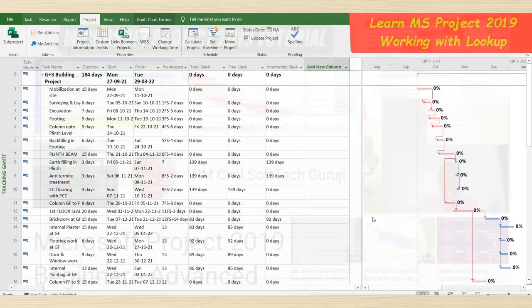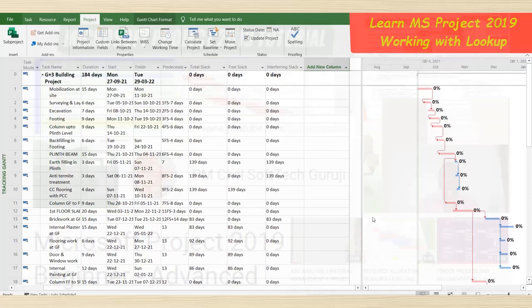In this module, we will learn about the use of the lookup function in MS Project. Why do we need to use this command, and what is its necessity?